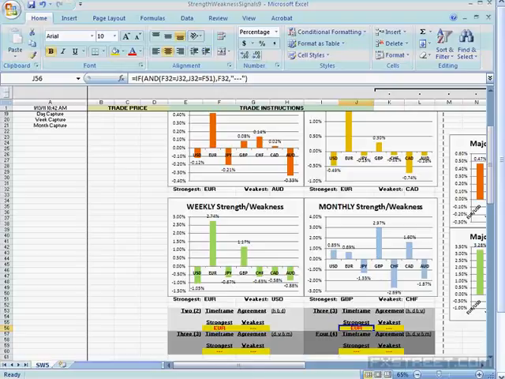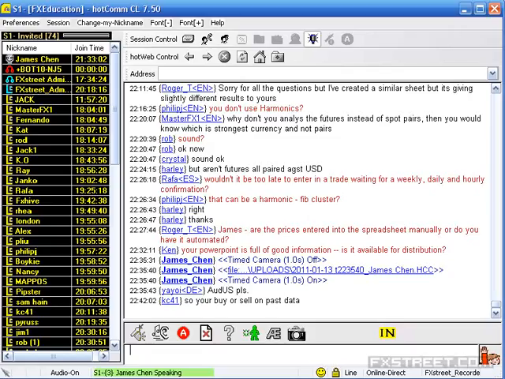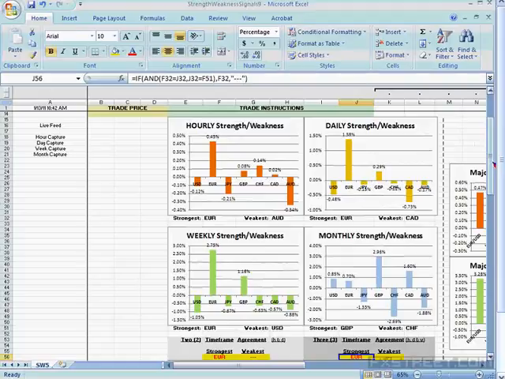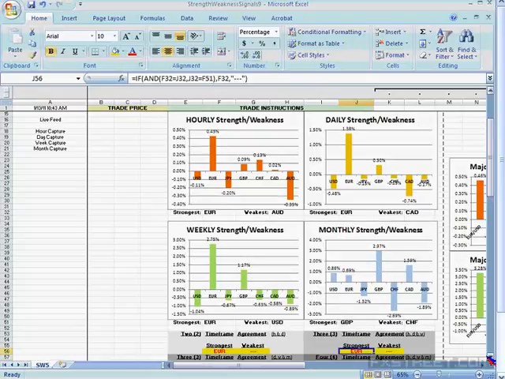Okay. The question here is, your buy or sell is on past data. Yes. As always, it's on past data. As technical analysts, we're looking at past data to give us a possibility of what might happen in the future, and that's all you could do as a technical trader. And same with any type of trading. You're looking at past data and seeing how it might inform the future, and then you're looking to react to past price data and current price data and see how that might work with the future.